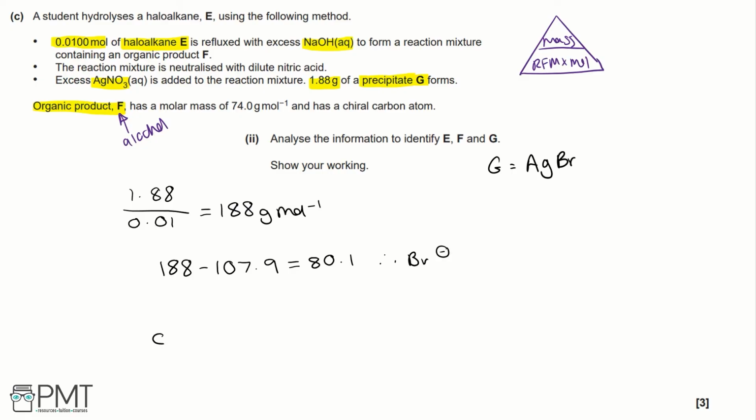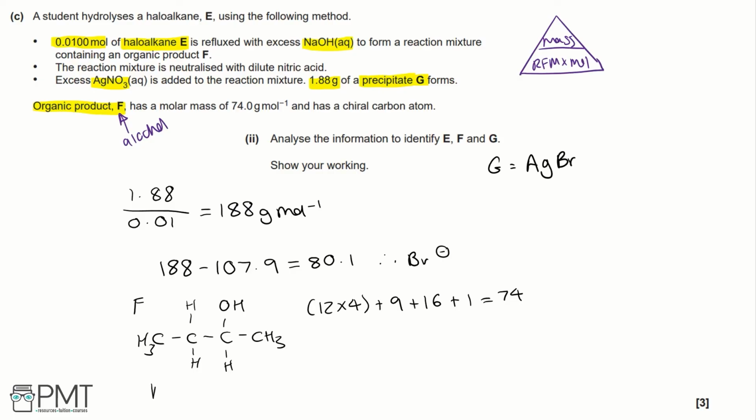So we're going to have CH3 connected to a carbon, carbon, CH3, we're going to have 2 hydrogens here, and then a hydrogen here with an OH. Because this has the relative formula mass, if we do 12 times 4, so that's the carbons, plus 9, plus 16, plus 1. The 9 is all the hydrogens, the 16 is the oxygen, and the 1 is the hydrogen in the OH. And this equals 74. So that means this is F. And we can name this as